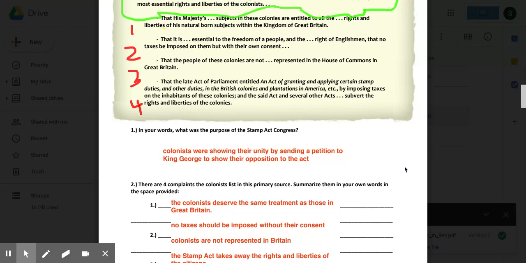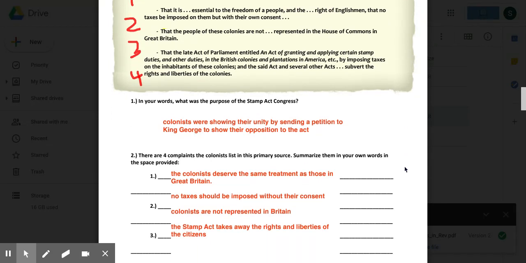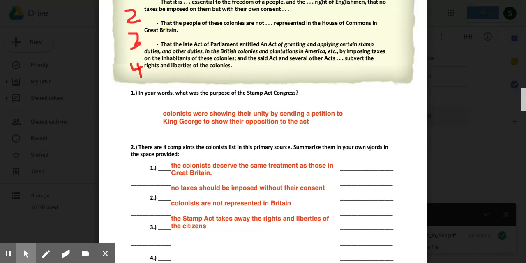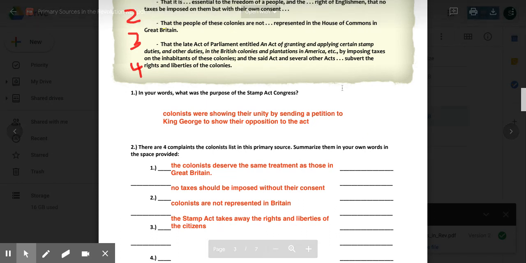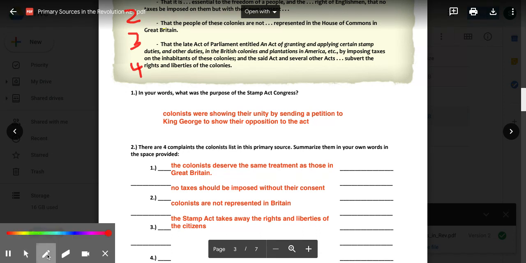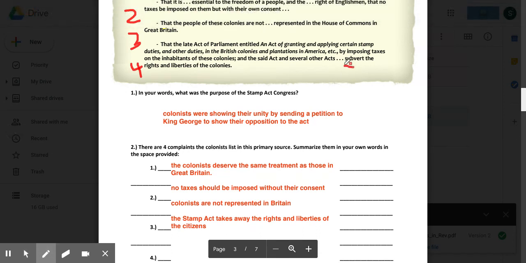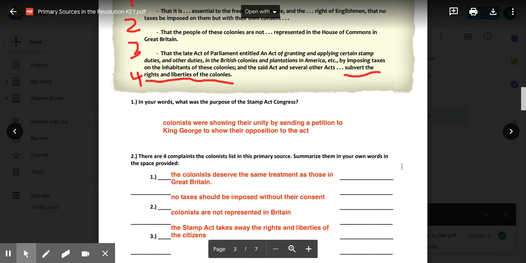By imposing taxes on the inhabitants of these colonies, and the said act of several acts subvert the rights and liberties of the colonies. This was probably the toughest one. It's a really long-winded way of saying the Stamp Act is taking away the rights and liberties of citizens. And honestly, you guys could have gathered that just from this one line here, where it says subvert, which means to go around, subvert the rights and liberties of the colonies. All right,